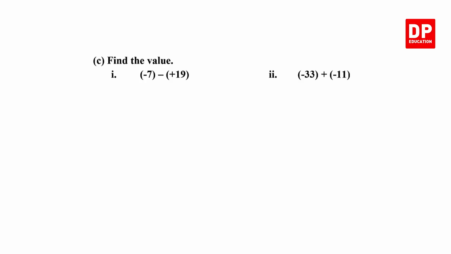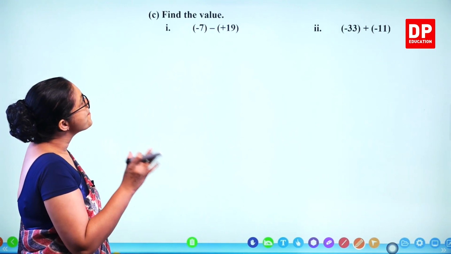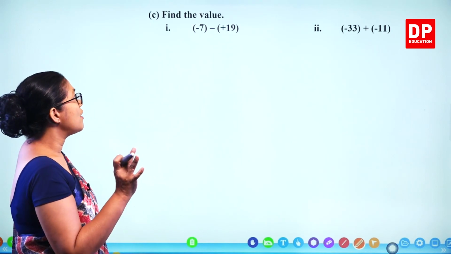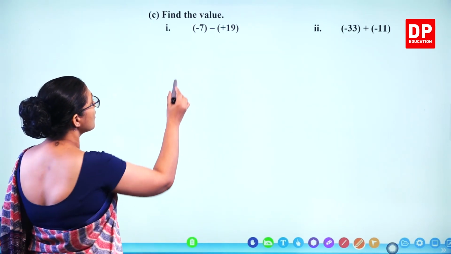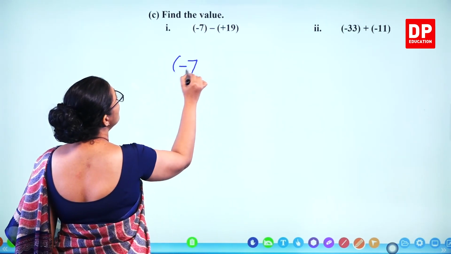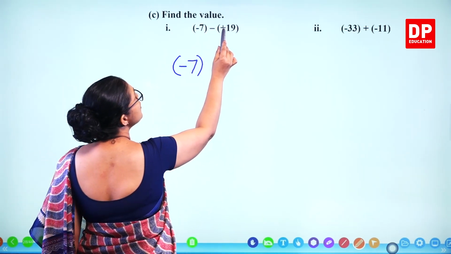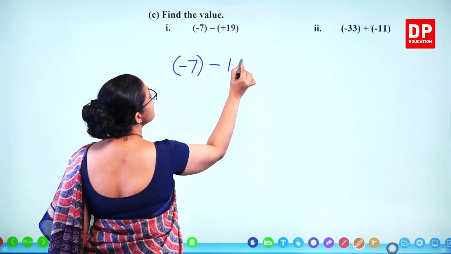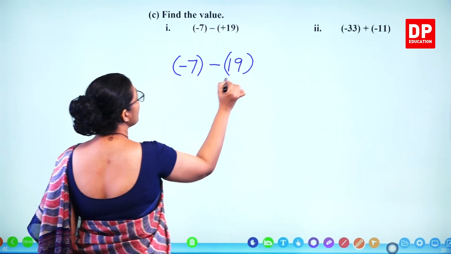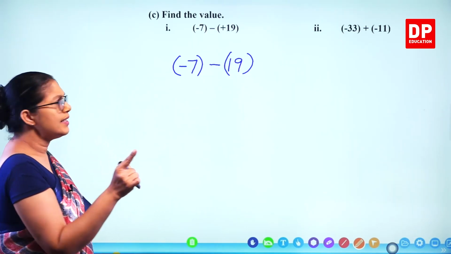Part C, find the value. One is positive, one is negative. Then what you do? First you have to get it as addition. Minus into plus. That's minus. So this means adding